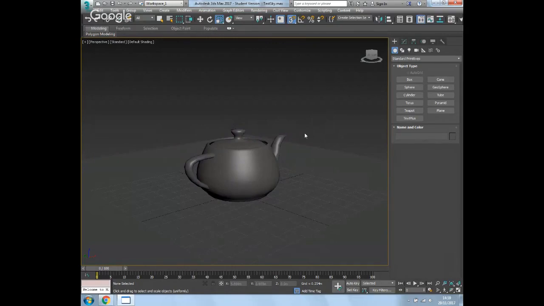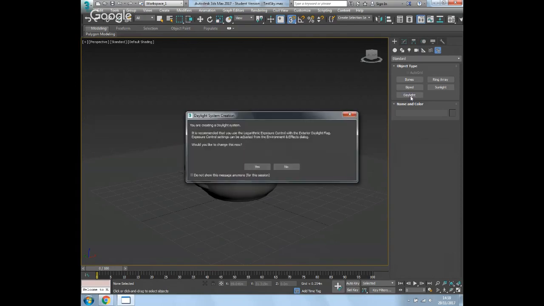So in order to create more realistic lighting, we're going to use a system in 3D Studio Max over here. Under your create panel, instead of going for a standard object, on this very far side where you find biped and things like that, we've got a daylight system, which, since all of you are doing outdoor scenes, was the perfect one to use. As soon as you click on it, you get this little dialog box pop up. It's just saying that it's going to add exposure control because we're going to play around with a realistic sun,